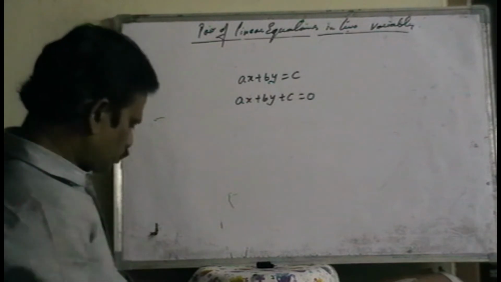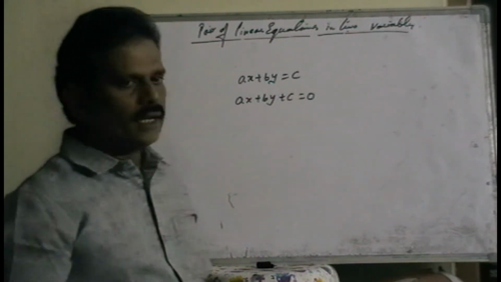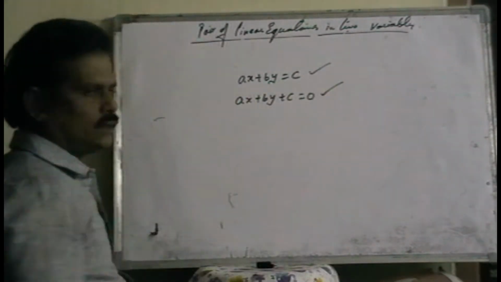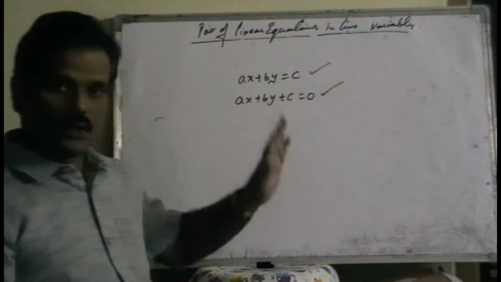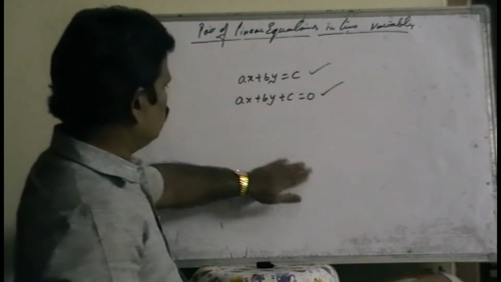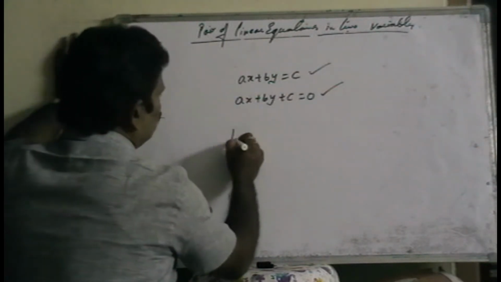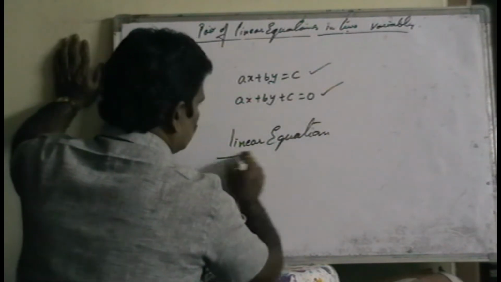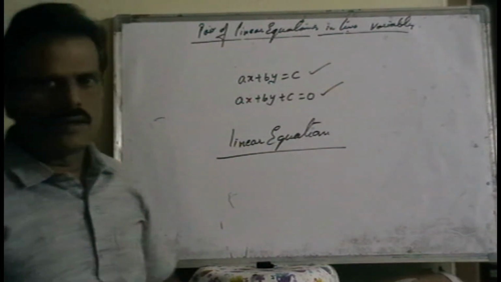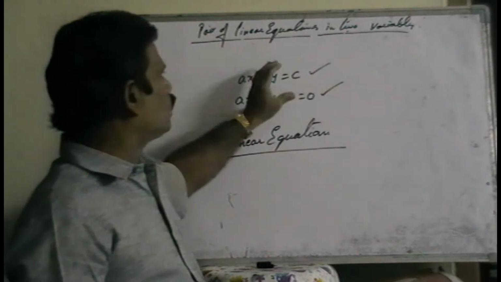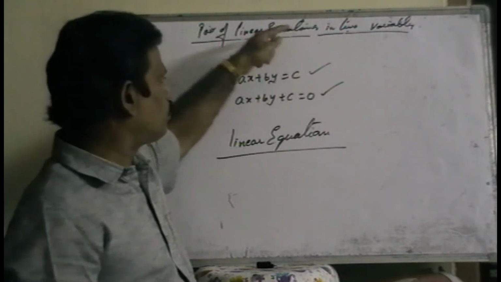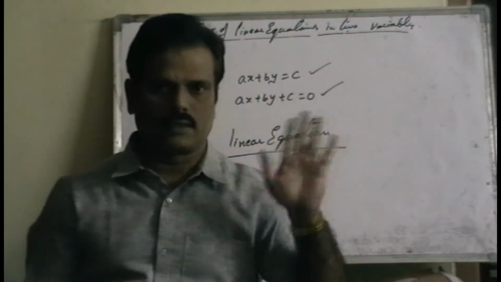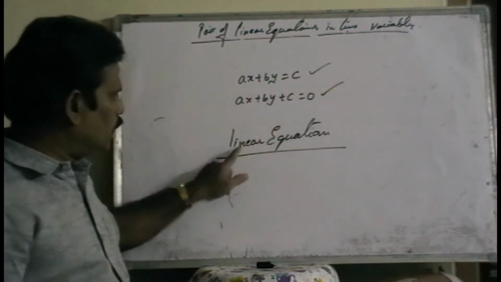Now, listen. So already we know that linear equation means the general form, that is ax plus by is equal to c, or ax plus by plus c is equal to 0. Now, one more definition, one more method. Linear equation. Listen carefully. I will explain what equations are and which type of equations are called a linear equation. It means an equation which consists of only first degree.